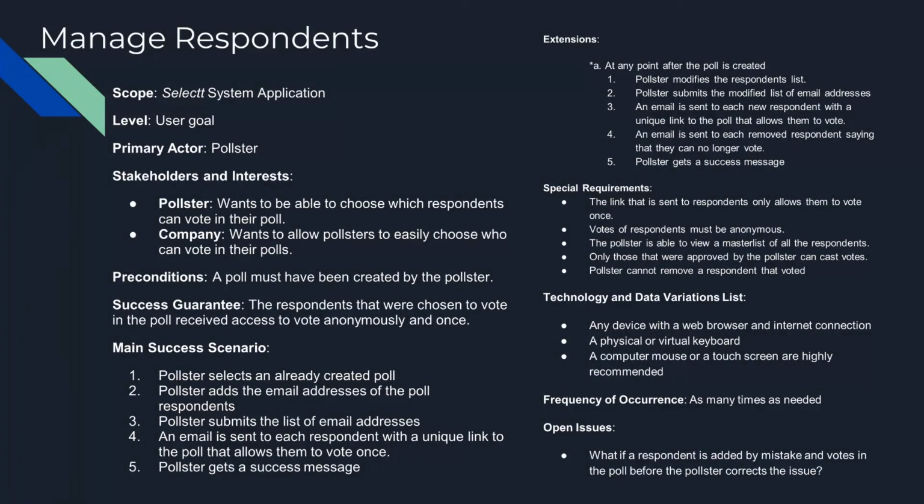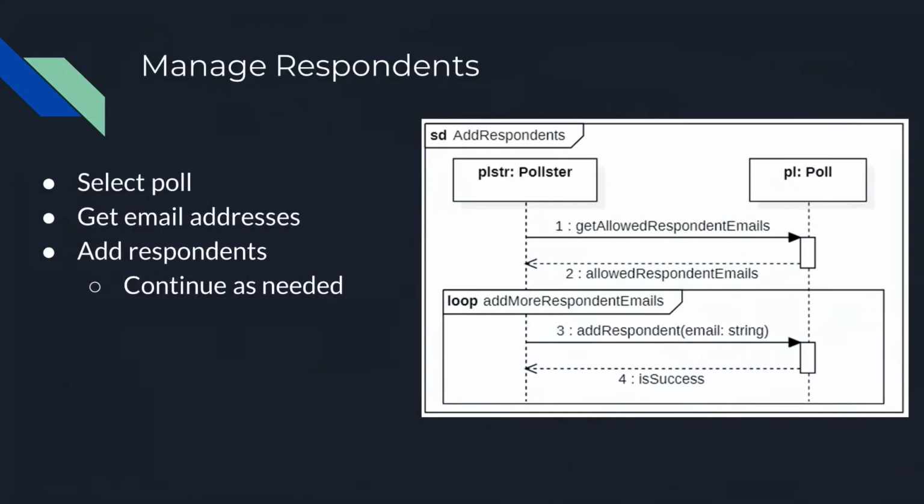This is our fully addressed use case for managing respondents. This is for a pollster who wants to modify the respondents who have access to the poll. The use case describes managing respondents on a poll that has already been created. So first, a pollster is going to select an already created poll, and then that pollster adds the email addresses of the poll respondents. The pollster is then going to submit the list of email addresses, and an email is going to be sent to each respondent with a unique link to the poll that's going to allow them to vote once. Once all that's done, the pollster is going to receive a success message like when they created the